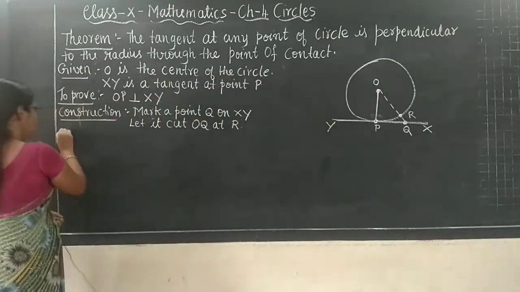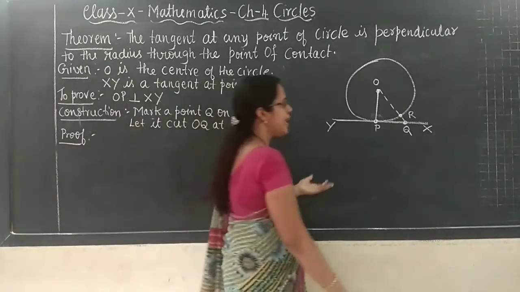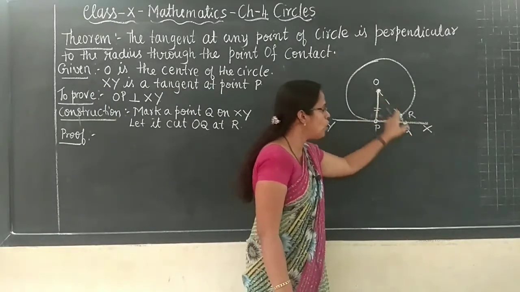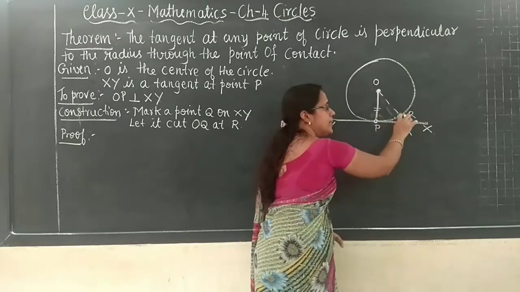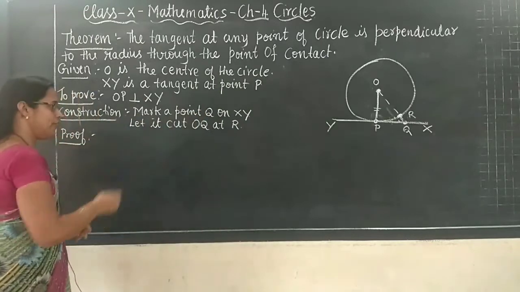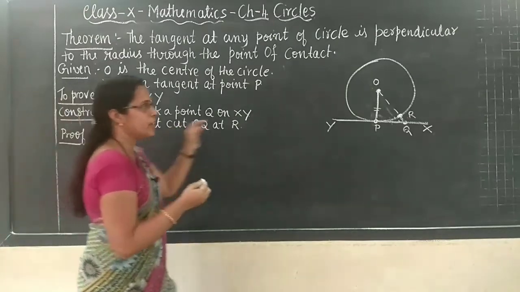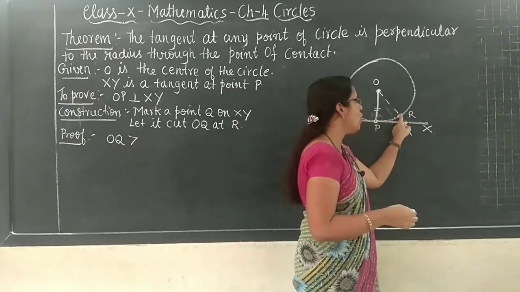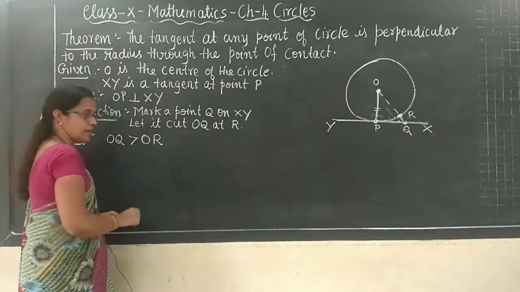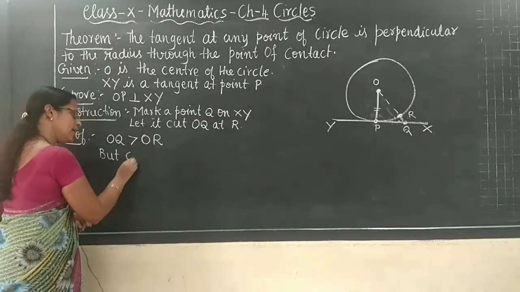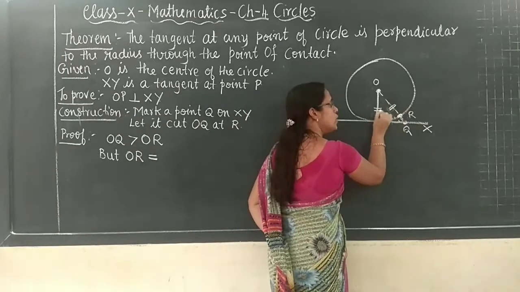So what is the proof? Just compare now. When I draw this line here, which is bigger? Is OQ bigger or OR bigger, children? Yes, you are right, OQ is bigger than OR. Will you agree or not? Through the figure we can understand. See here, OQ is greater than OR. But OR is also equal to